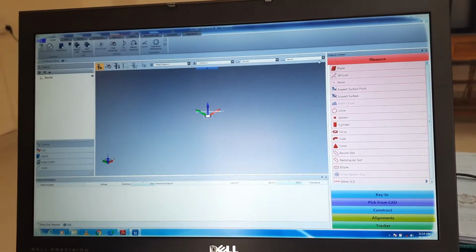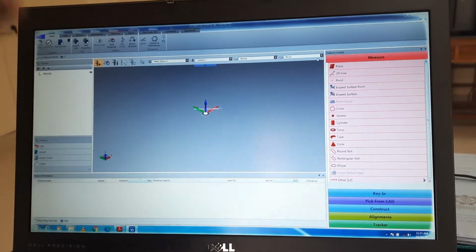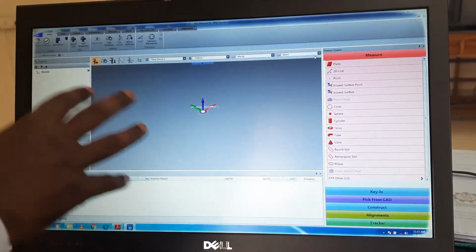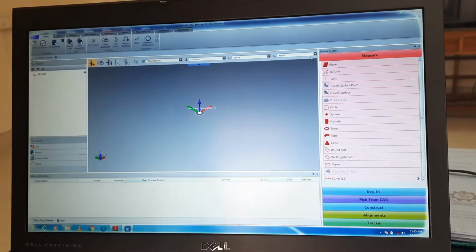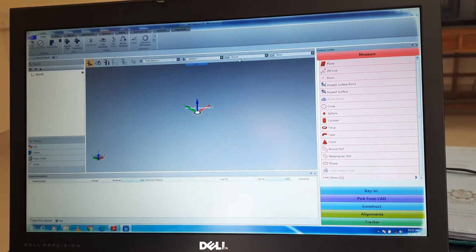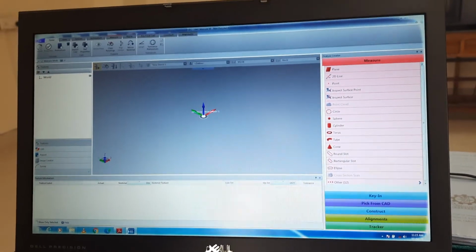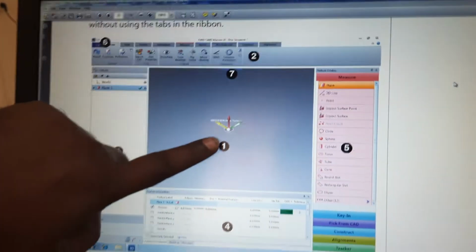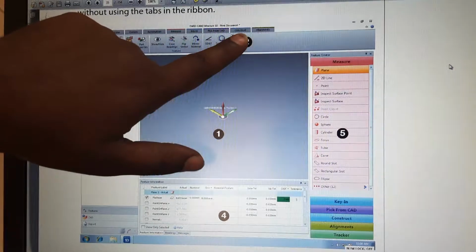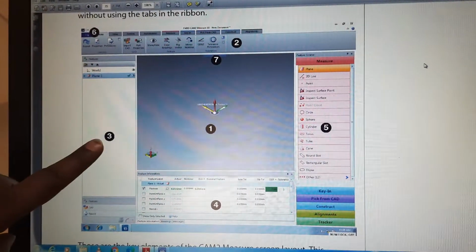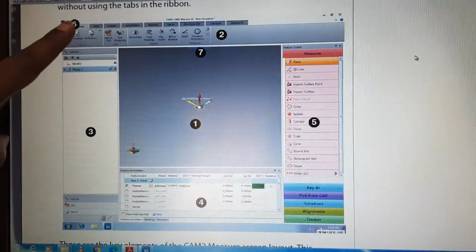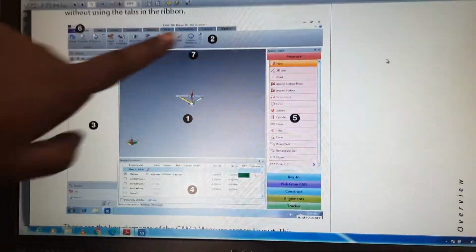First of all, we will discuss the different windows in the software: first, second, third, fourth, fifth, sixth, seventh.